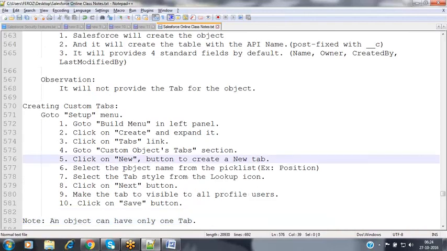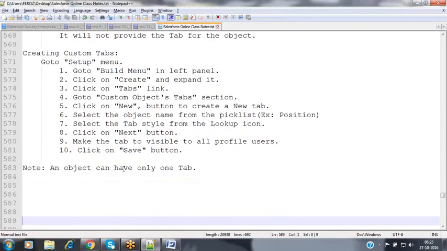Next, whenever you try to create a tab, it provides four options to you. In Salesforce, there are four types of tabs available.